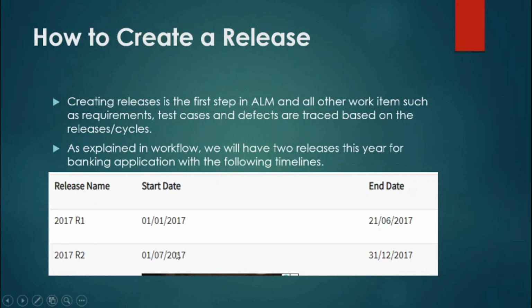Okay, so it is starting from July and it is ending on December. Okay, so for that particular release you should have the name for the release and also the start date and end date. You can get the start date and end date from the Scrum Master, okay, for creating the release.